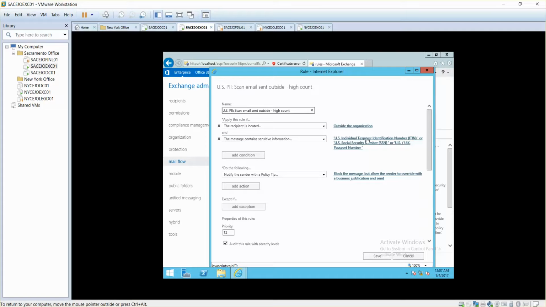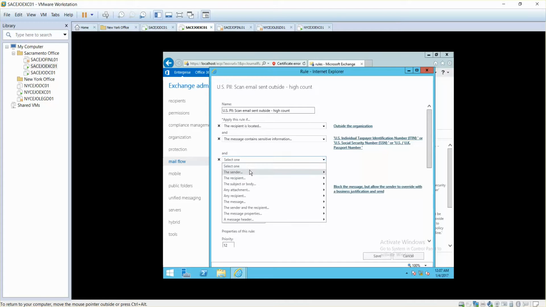If the message contains taxpayer identification number, US social security number, or passport number, then whenever Jeff sends an email outside to John, it will be scanned through data loss prevention, and it will check if you are sending a TIN number, and it will also check if you're using an SSN number, and it will also check if you are sending a passport number. You can add more conditions in here, and you can say the sender is, for example,